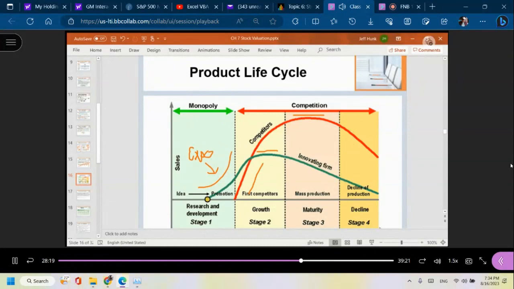But this is not necessarily always the case, because if it is the smartphone industry, as far as the smartphone industry is concerned, iPhone is still not here. I mean, iPhone may have hit somewhere around here, but it is still not in decline. Also, there are many examples of the industry not going into decline at all. Products may go into decline, but the industry doesn't. For example, one good example,